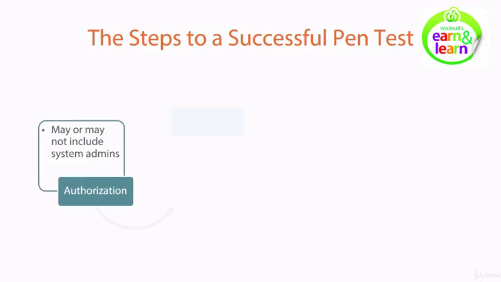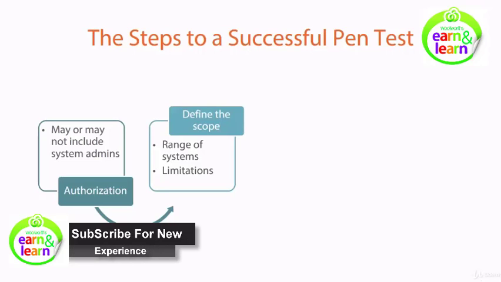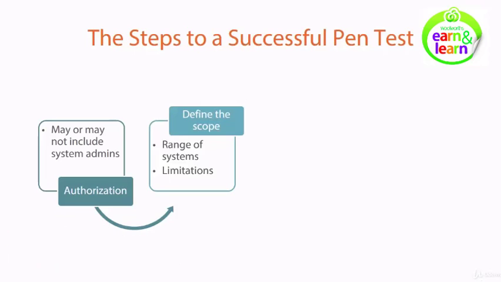After we go through that process, we then want to make sure that we define the scope. Now, defining the scope of the pen test is a prerequisite. Going through this stage helps to set you up as far as what is going to be tested. What are your ranges of systems? What are your limitations? Once you've defined the scope, you should plan and gather information around that scope using your